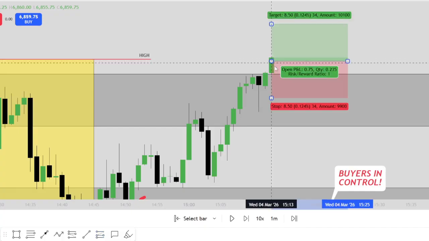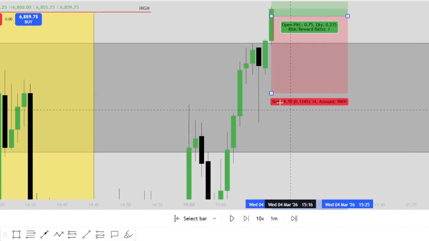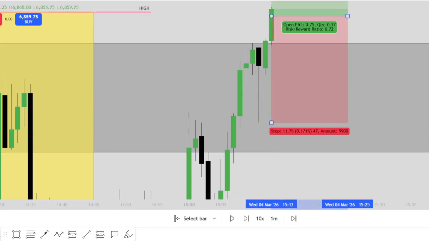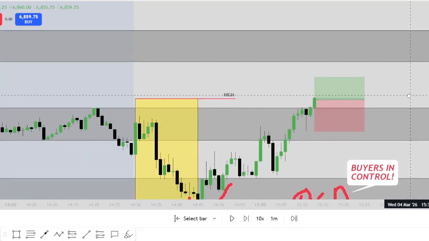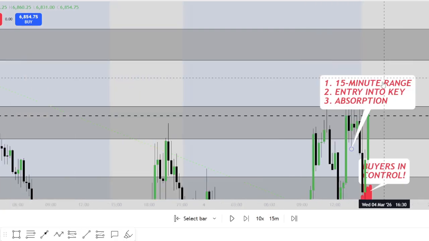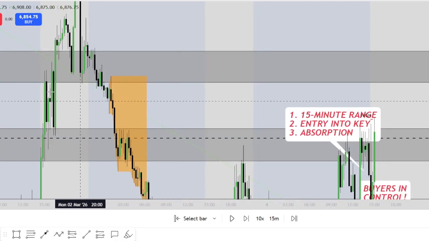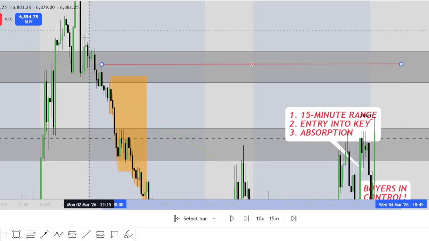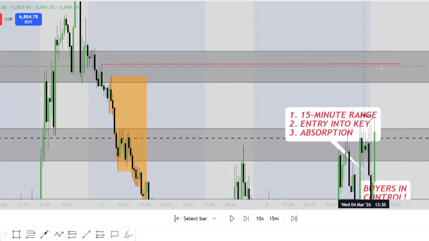68.59. So just like this, I was comfortable to have my stop below this wick, and I'm going to explain why. And I was looking to target basically the previous day high. So for me, the previous day high was over here, right? There you go. Now, I wasn't comfortable to hold this trade past the previous day high because we were at